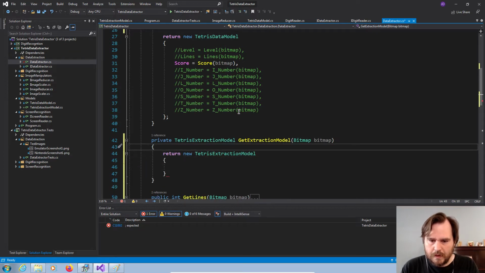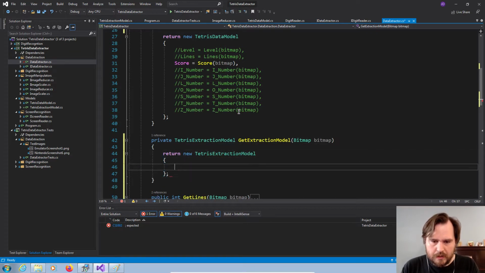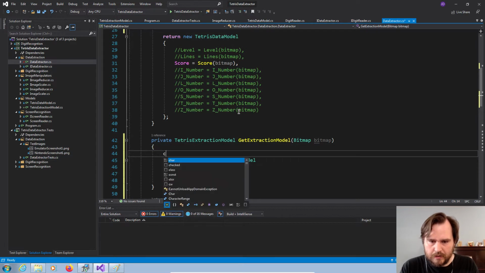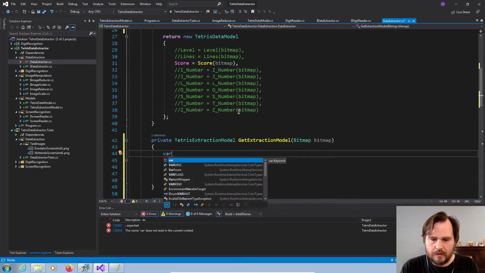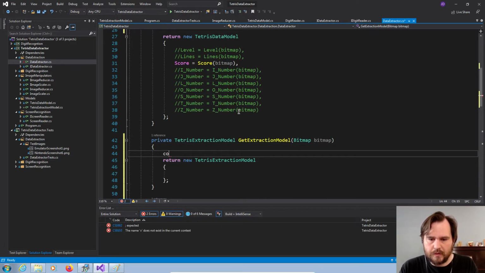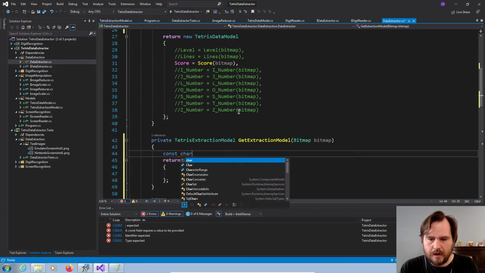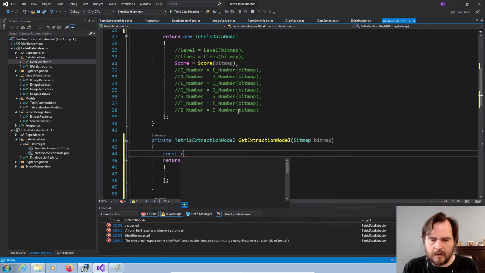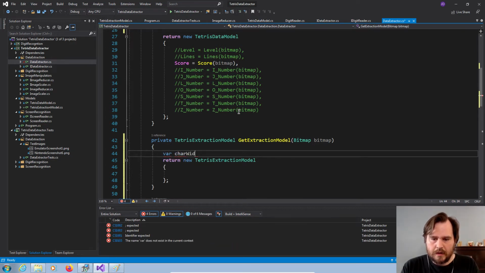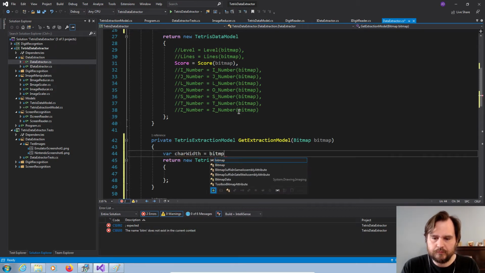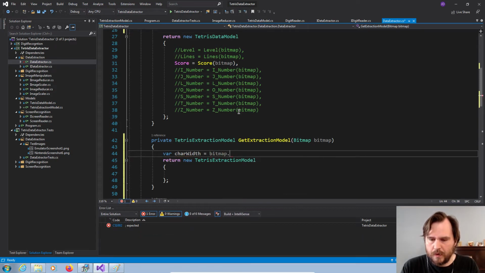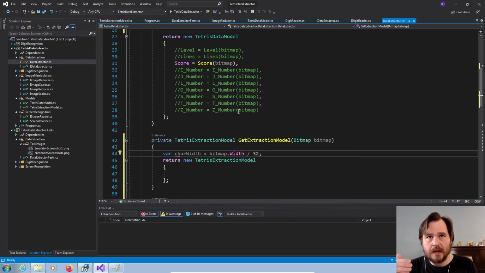Okay. The thing we need to know is the character width. So we'll say const character width. Oh no, I can't make it a const. The character width equals our bitmap width divided by 32. I think because we determined last time there was 32